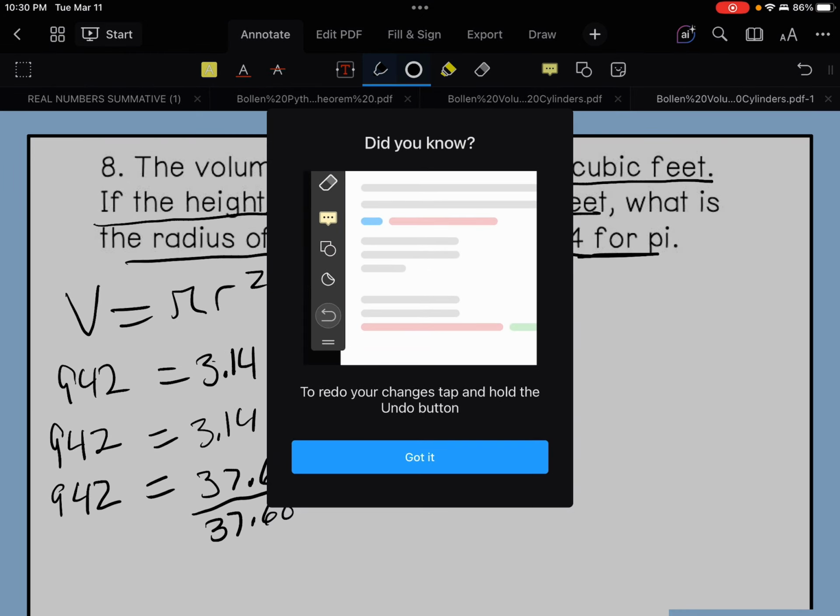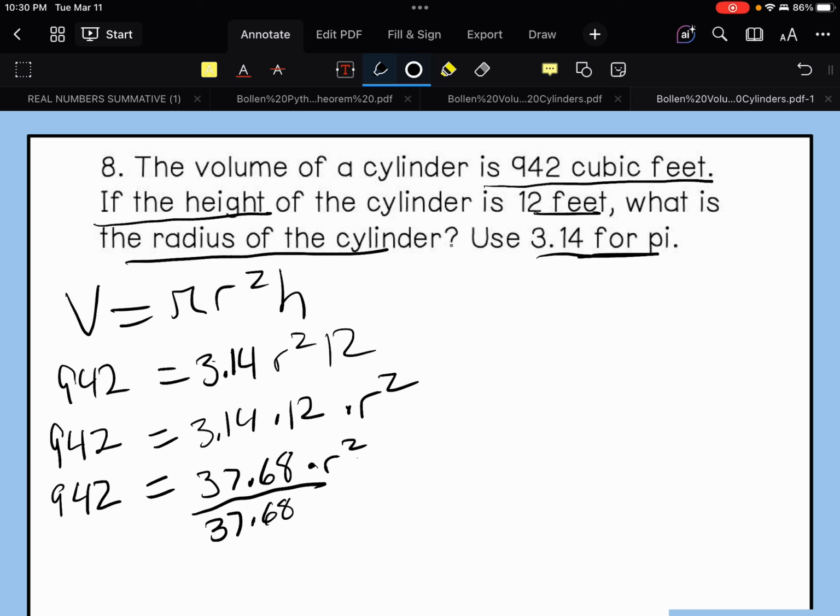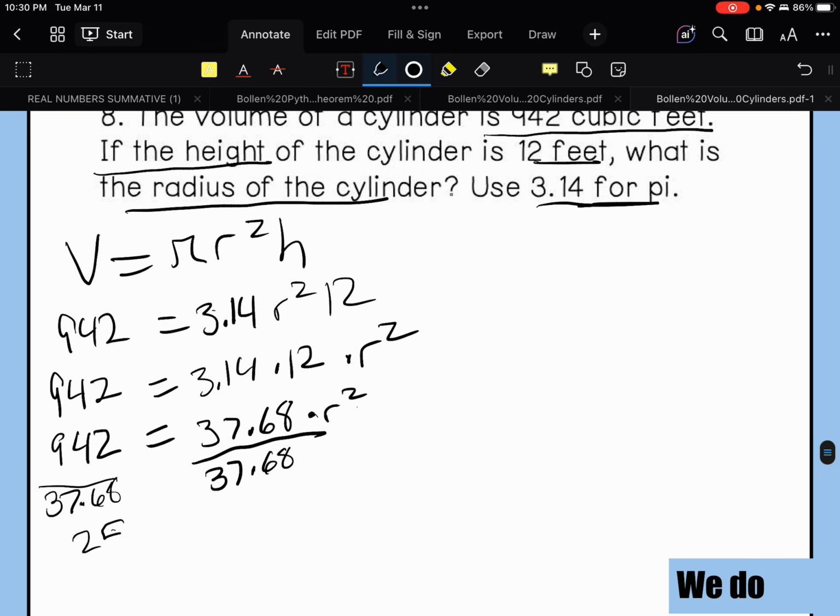With the r squared, you are going to do the same thing. So 942 divided by 37.68. And you get 25. 25 equals r squared. And so again, when you have 25 equals r squared, you're trying to think of what number times itself would equal 25,